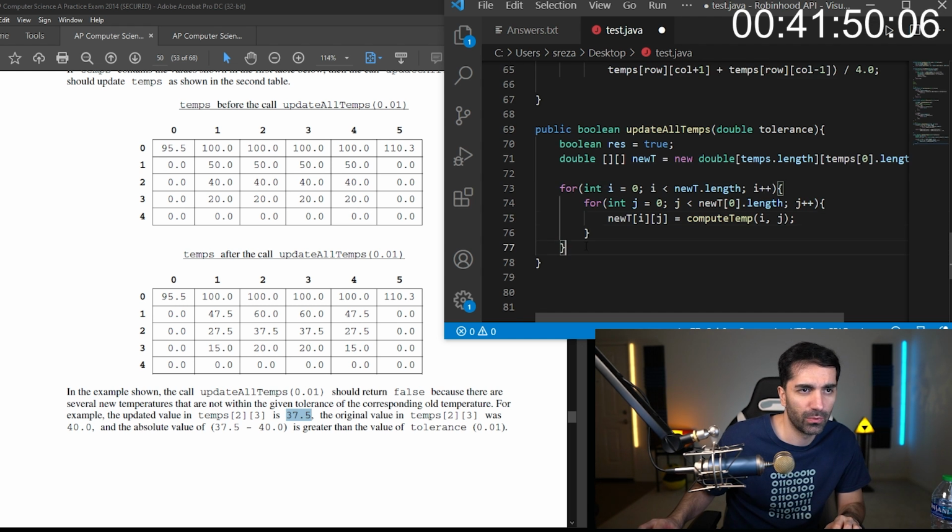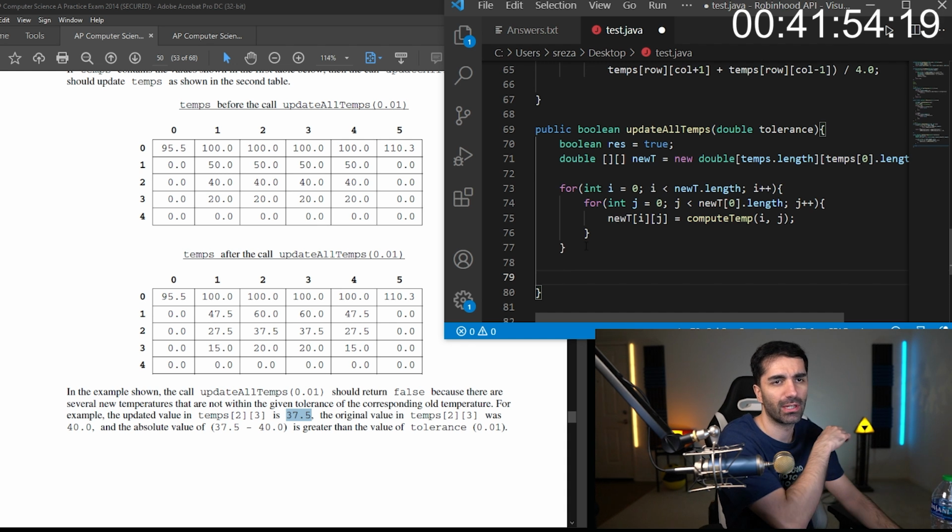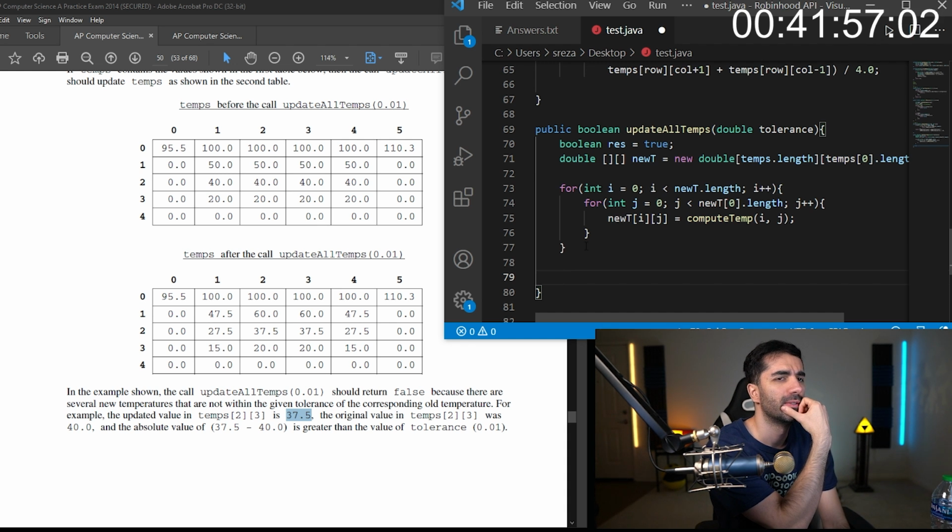Okay, so now we've looped through. Now we have the two arrays. So now we want to update that first array. Could we do this in the same loop though? We might be able to do this in one double loop.